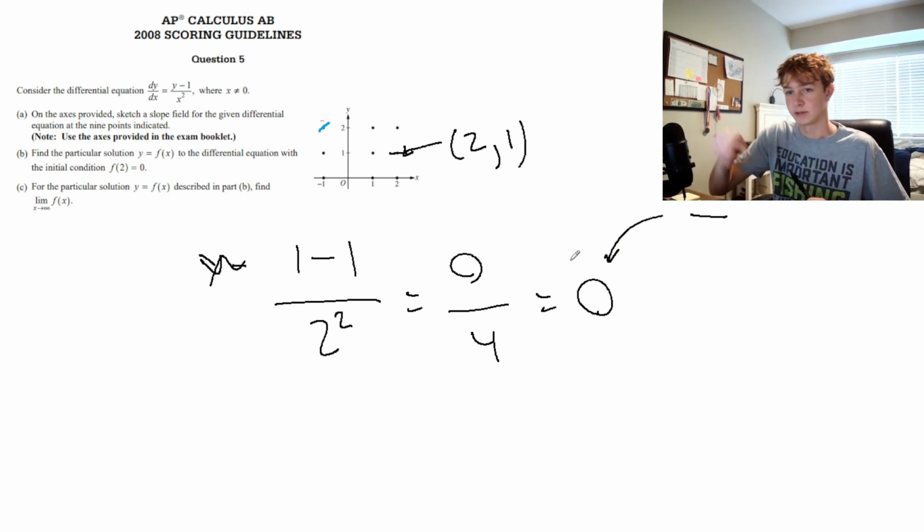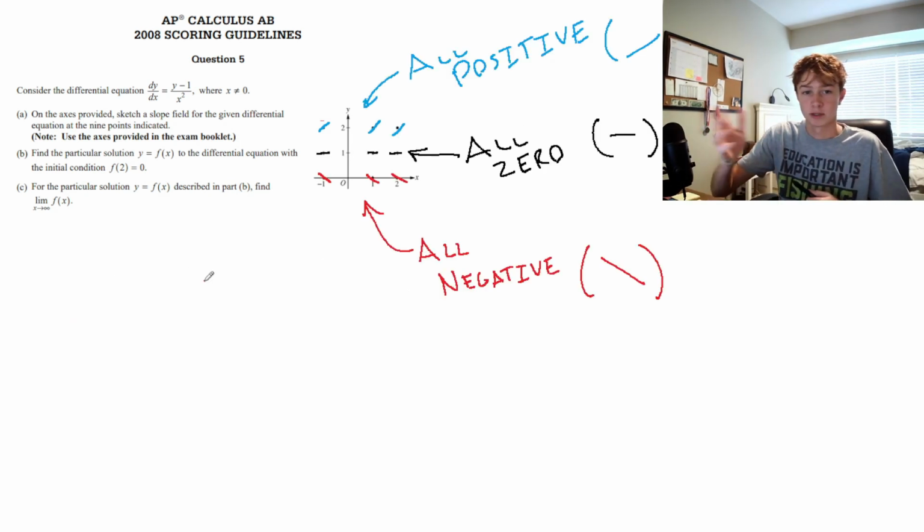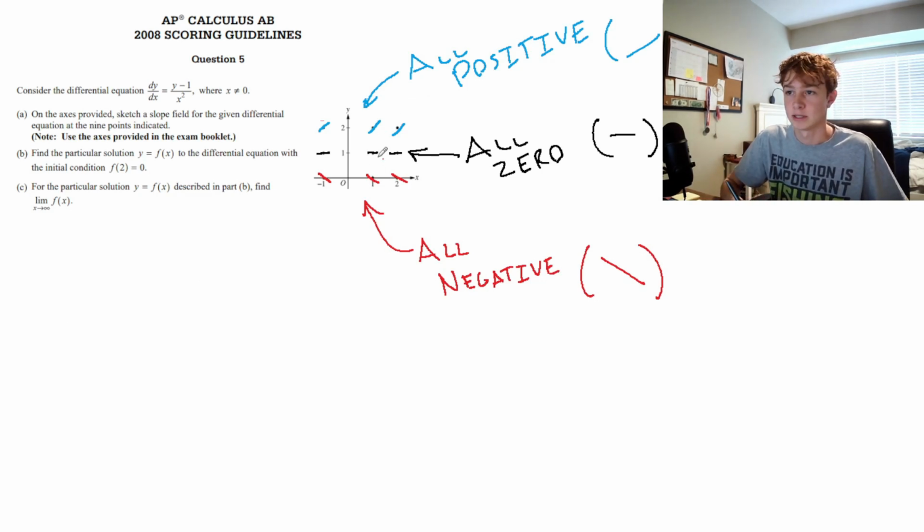So now I'm going to fill in the slope chart and you can check your other answers. So here's the completed slope field. As long as these top 3 points are all positive slopes, it doesn't matter how positive. As long as they're all positive slopes, you would get full credit. As long as these middle points are all 0 slopes, so flat lines, you get full credit. And as long as these bottom 3, or the red ones, are all negative, you would get full credit. And note that there's no